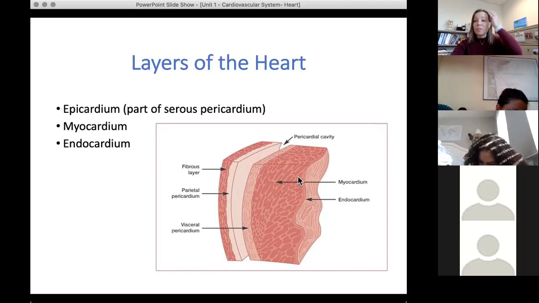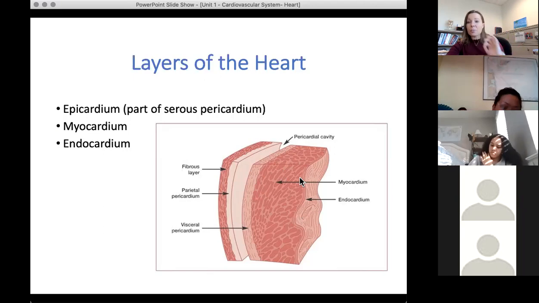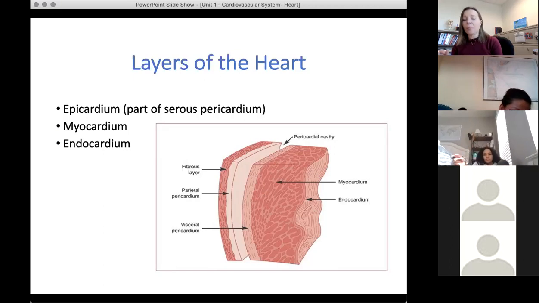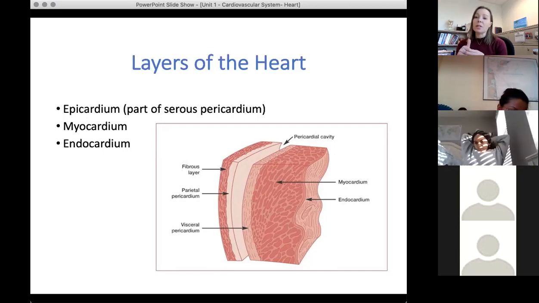Okay, and then finally, the innermost layer is the endocardium. It's a very thin inner layer that is just one thin layer of, you guys remember epithelial tissue from A&P1 when you learned all your different tissue types: epithelial, connective, muscle. So epithelial tissue,